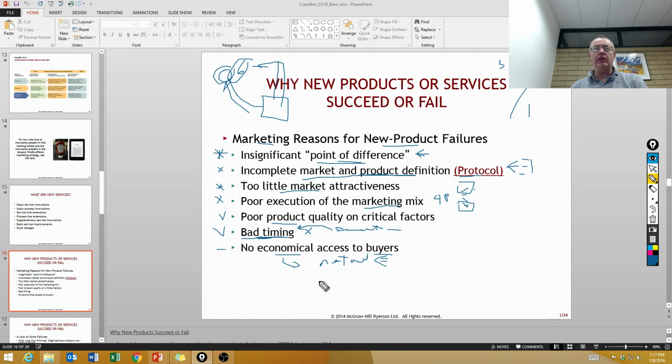Or it may be that you've got another economical reason why products fail. Maybe you've got a good product, people want it, but the manufacturer is too small. The manufacturer doesn't have the productive capacity to produce the volume that the buyer wants. And this is not uncommon. If you want to sell to big food distributors like Loblaws and Sobeys and Save-On Foods, or to big department stores like Sears and Canadian Tire and Walmart,